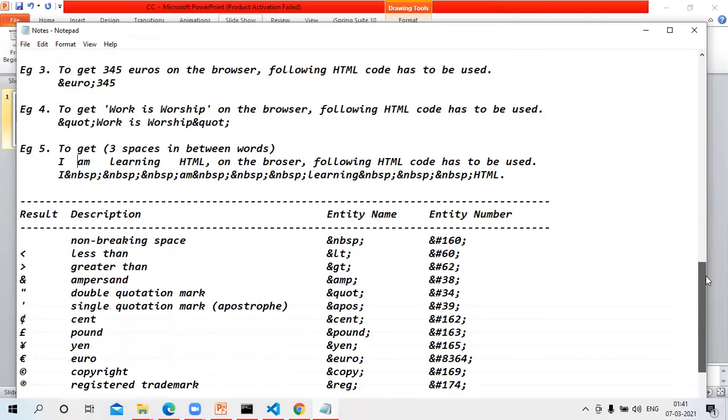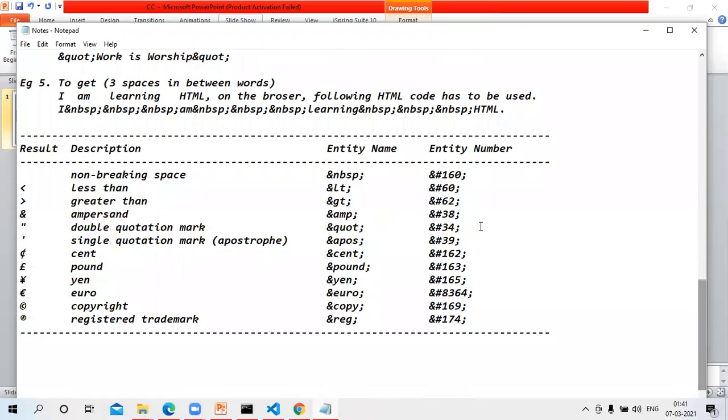So let us look into a list of entity names and entity numbers. There are 2 ways you can use these entities. One is by using the entity name, and another is by using the entity number. For example, ampersand LT semicolon is called an entity name. Instead of this, you can use a number. For example, the number 60 is for the less than sign.